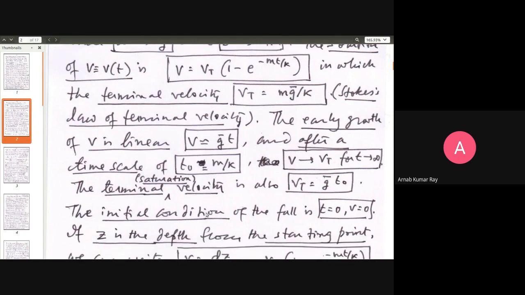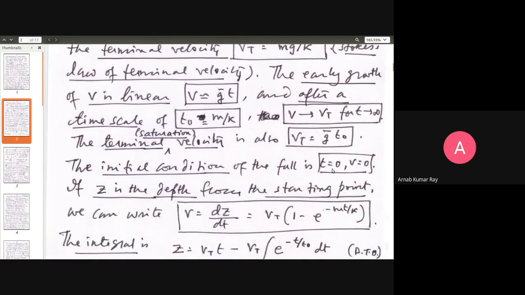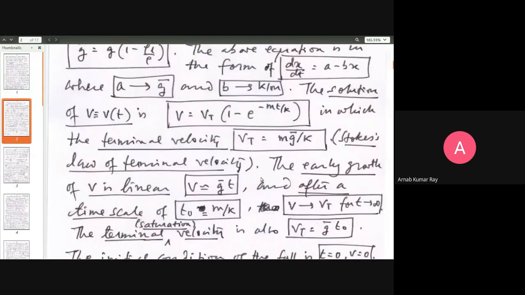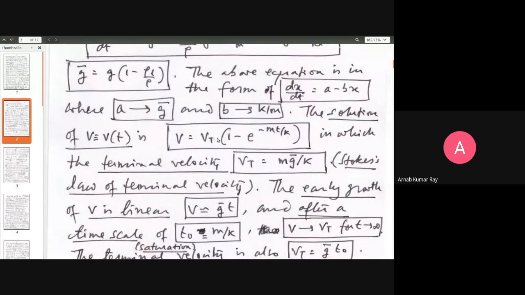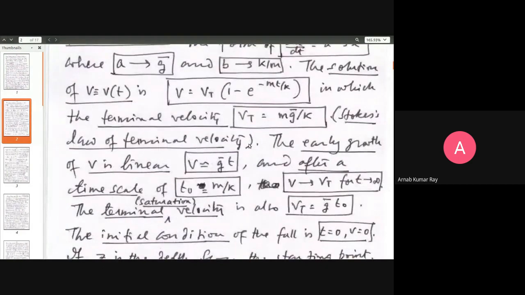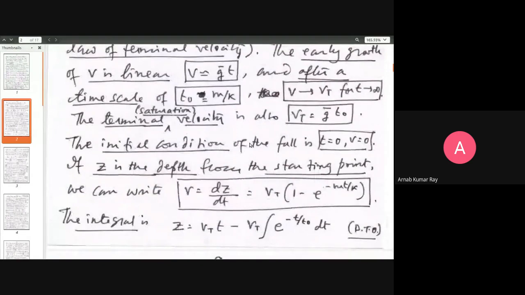Okay. So the initial condition of the fall, as I mentioned, is t equal to 0, v equal to 0. If that is the initial condition, then you will get this equation. Now we will go a step further. So far we have discussed how velocity is changing with respect to time. But now we will also see how the depth is changing with respect to time. If z is the depth from the starting point,